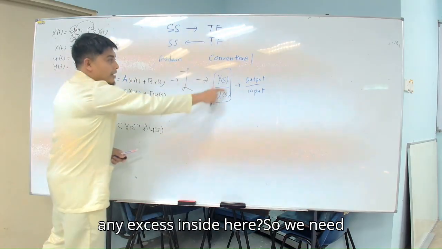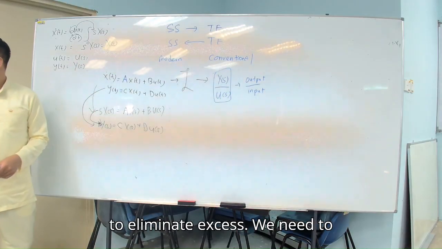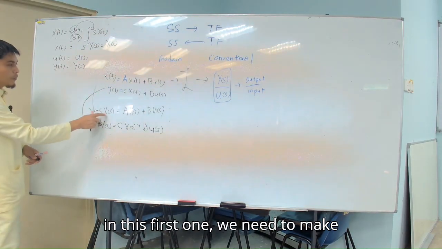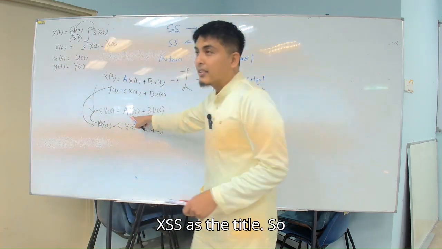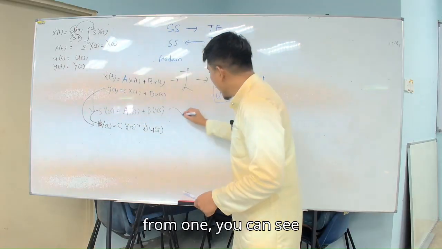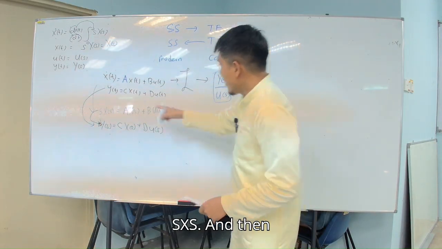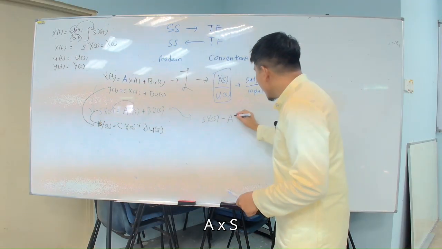Is there any excess inside here? So we need to eliminate excess. We need to remove excess, is it? So now, in this first one, we need to make XS the subject. From the first equation, you can see SXS, and then you put it there, will be AXS